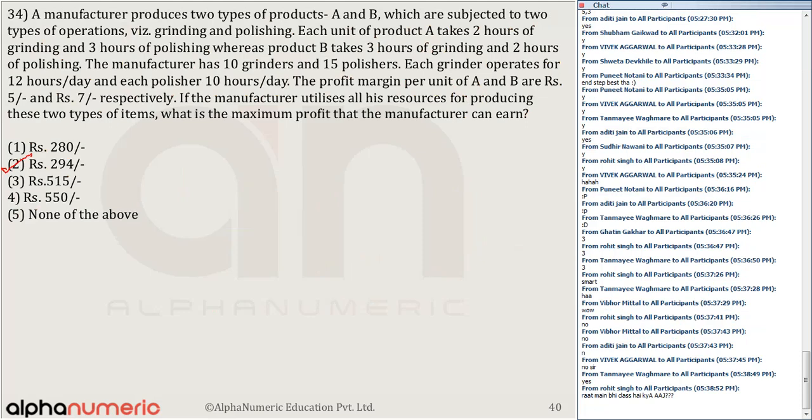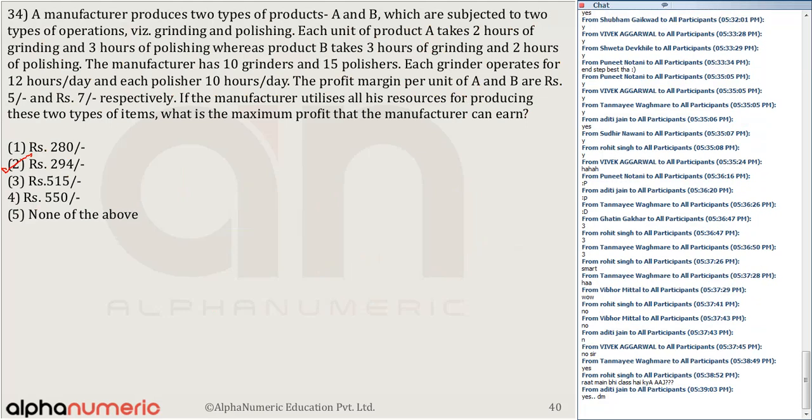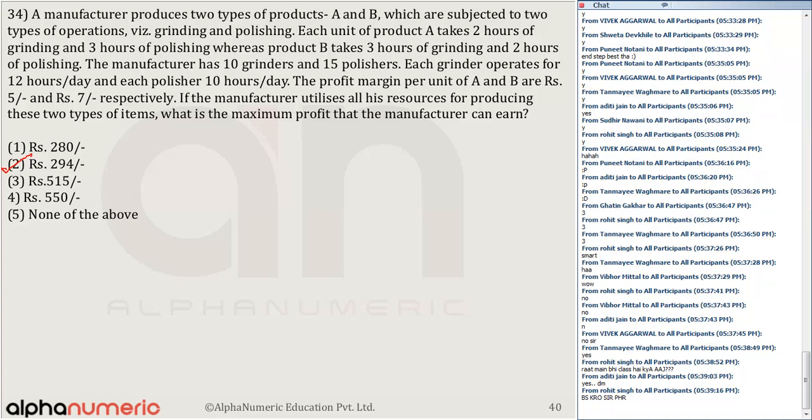The correct answer is option 2. Only one of you have got it right, so let's discuss that. But ये भी easy है। Yes, रात में डेफिनेटली लेक्चर है डिसीजन मेकिंग का। अब मैन्युफैक्चरर प्रोड्यूसेस 2 टाइप्स ऑफ प्रोडक्ट्स, A and B। ये तो खत्म कर दे, 4-5 ही क्वेश्चन होते हैं। A and B which are subjected to 2 types of operations, that is grinding and the polishing। Each unit of product A takes 2 hours of grinding and 3 hours of polishing। ये भी हम लोग कर चुके इस टाइप के क्वेश्चन।